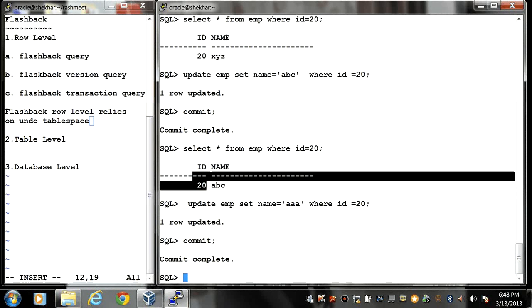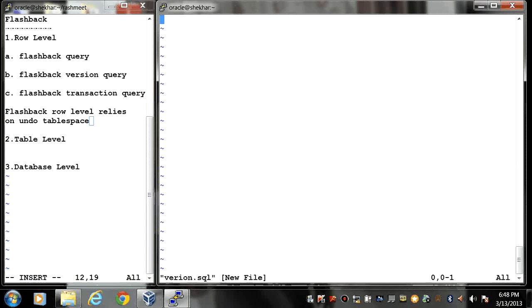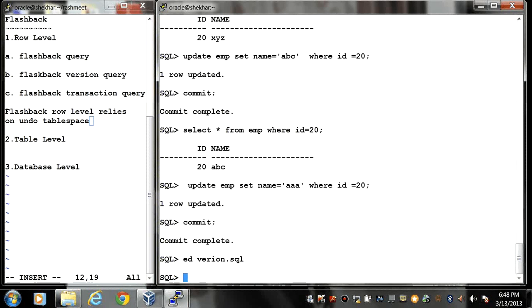Now I want to see all the changes. So using version query, flashback version query, I can see all the changes in my table emp id 20. So here I have written a query, version.sql.